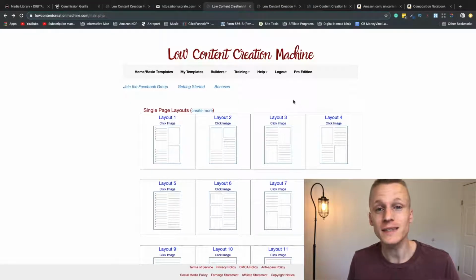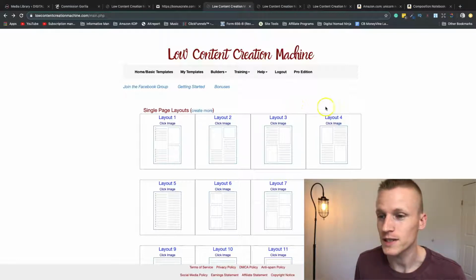It saves you tons of time, and it's really a game changer when it comes to selling no content and low content books on Amazon, because instead of wasting a bunch of time designing interiors, this gives you interiors done for you, on top of allowing you to create custom interiors for your books that you could sell over and over again, create thousands of books, put them on Amazon, and make potentially thousands of dollars online with this method. So let's go ahead now and jump inside of the members area of Low Content Creation